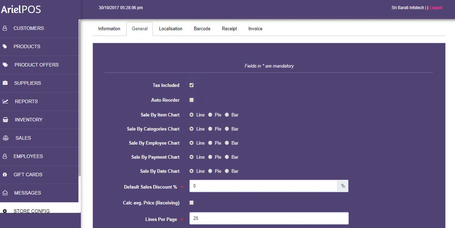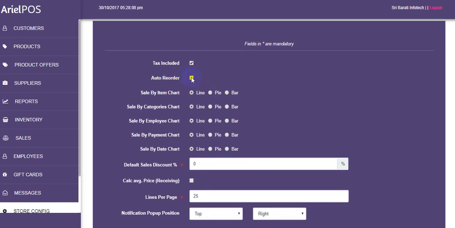And there is auto reorder. For example, if the stock quantity is too low, then a reorder mail will be sent automatically to your suppliers. The sales by item chart and graphics chart is a visual representation. You can choose a line, pie or bar chart, whatever you want, and view your data